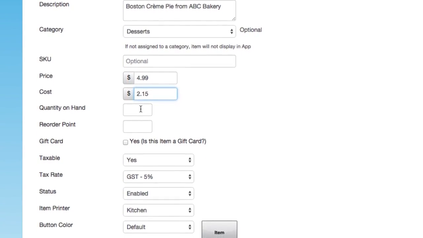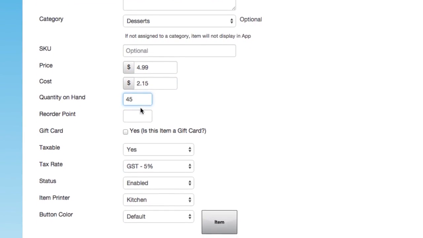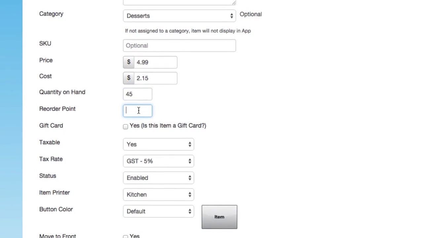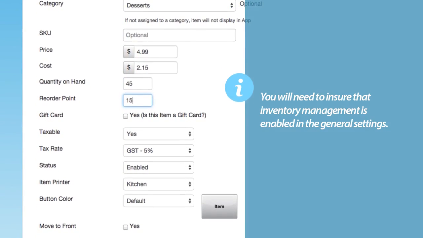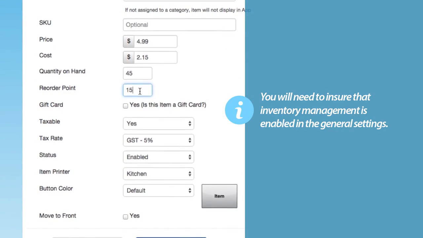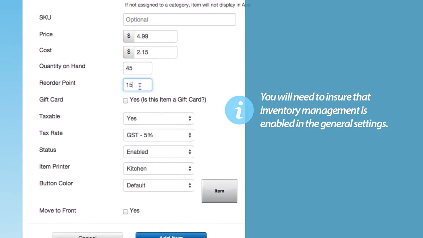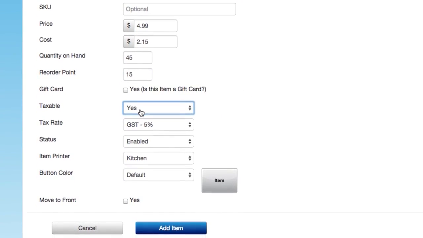In order to track the inventory, I will add in the quantity I have on hand, which is 45. I will also add my reorder point of 15. Please note, you will need to ensure Inventory Management is enabled in the general settings in order to use this feature. The drop-down for taxable should already be set to yes, so I will move on to the next step